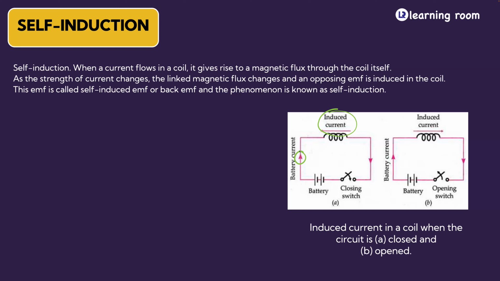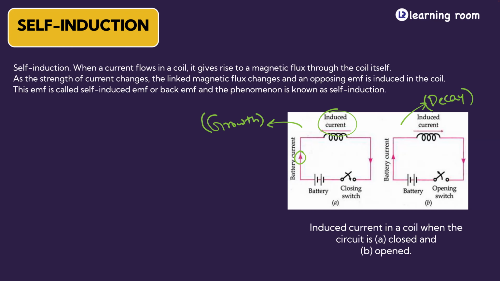that's the reason. So the induced current will be in such a way that it will be in the anti-clockwise direction when the current is trying to grow. So this kind of current, which is increasing with time, is called growth of current. Which current is growing? The current supplied by the battery is growing. Whereas when you open the switch, what is happening? There is a decrease in the value of current. This kind of current is what is called decay. In the sense, it will try to decrease.